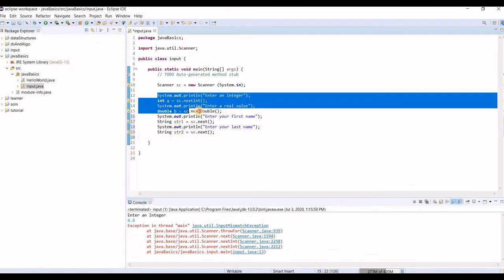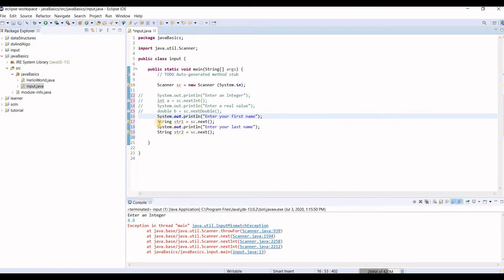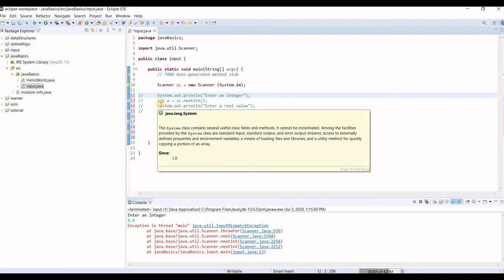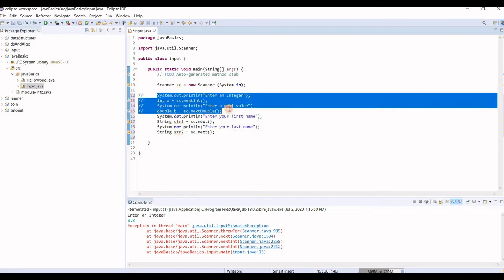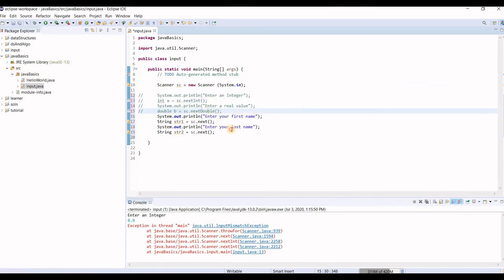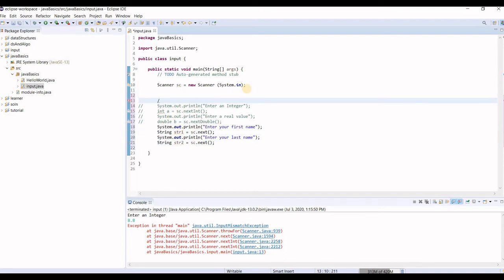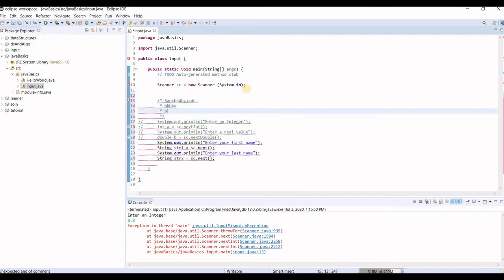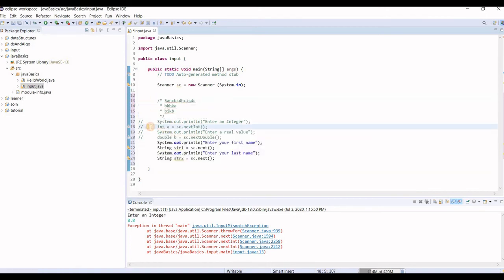Now let us comment this out so that this doesn't make a difference in what we want. Now let me explain what a comment is. These are the symbols for commenting a line. If you comment them out, that means the compiler is going to ignore all of these. Now if you want to comment, say, a document, this is called a document comment, do this and type whatever you want to type, and here it will go. Alright, this is also a kind of comment, and this is the single line comment. You will need it in every line.